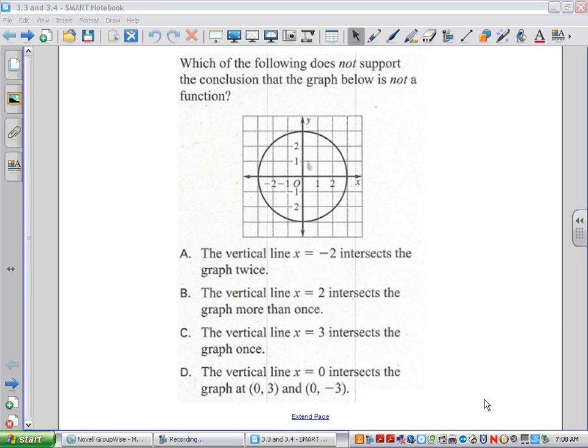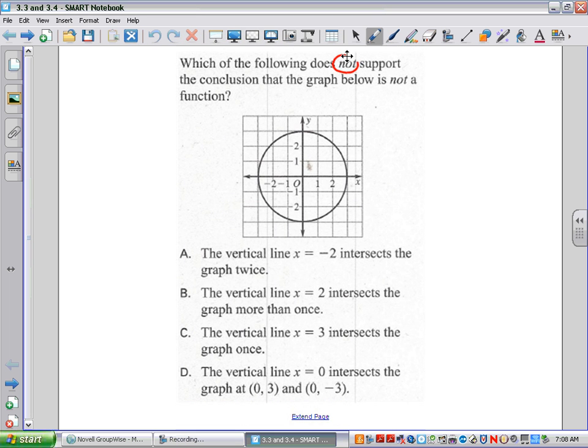Which of the following does not, circle that word, not, does not support the conclusion that the graph below is not a function? Well, the graph below is a circle, and circles are not functions. If you remember something from algebra called